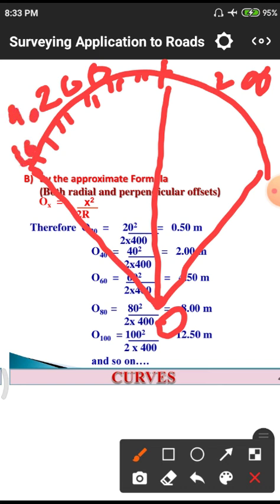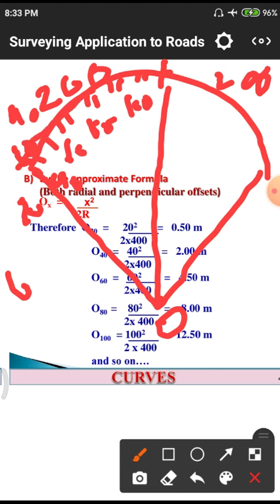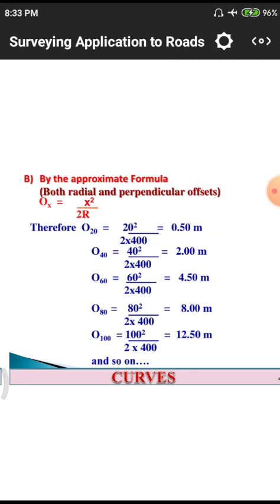The space is 2, so if it is a board, we have to give an enlarged diagram with a clear explanation. In this particular case we do not have that, so I am simply writing O20, O40, O60, O80, O100. So you have to mention 20, 40, 60, 80, 100, and give the lengths for each and every value. After that, we need to connect those one by one and we will get up to the center point. Similarly, in both directions.